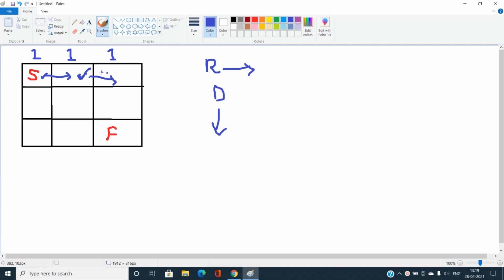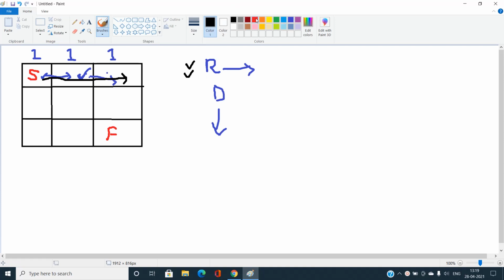this cell. Okay, you can see why the total number of unique paths coming to this cell is coming out to be 1, because you can easily see I just have to visit this cell straight to the right, and the total number of paths is 1. Note that the moves that are allowed are right and down. You can either move to the right or move down.